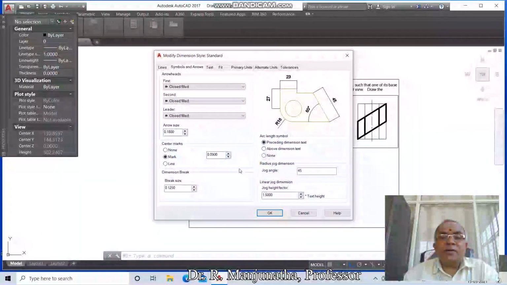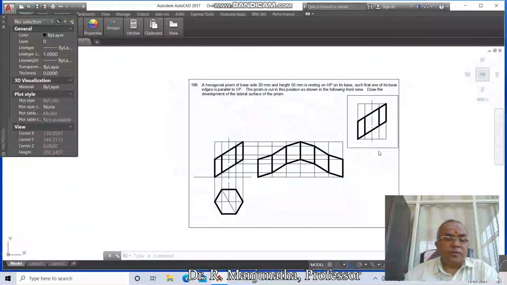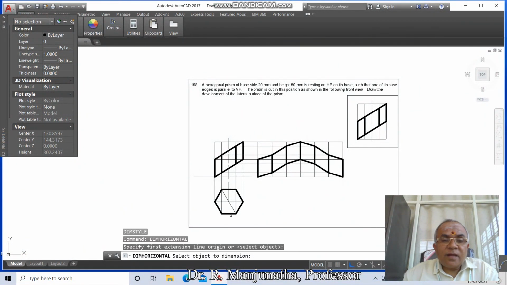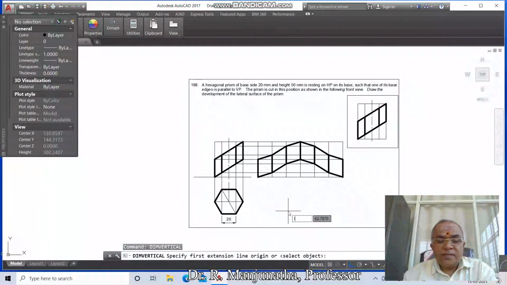Go to symbols and arrows, take the arrow size as 4, and go to lines and symbols, take offset from origin as 3, then go to OK and say close. Now we go for dim horizontal, select this line and you take it 20, and dim vertical, select intersection part